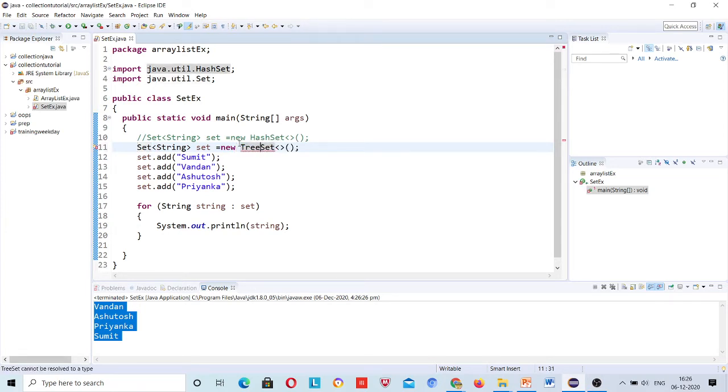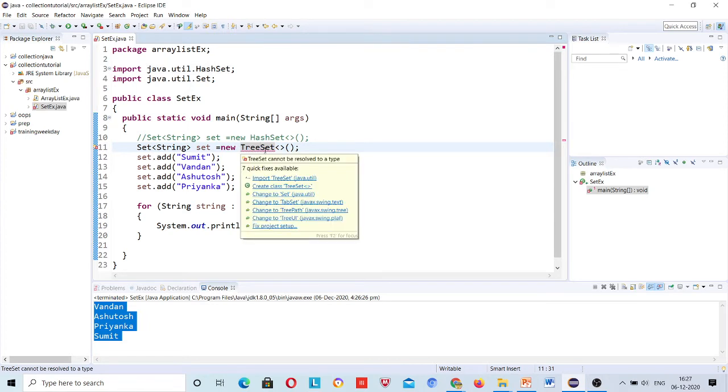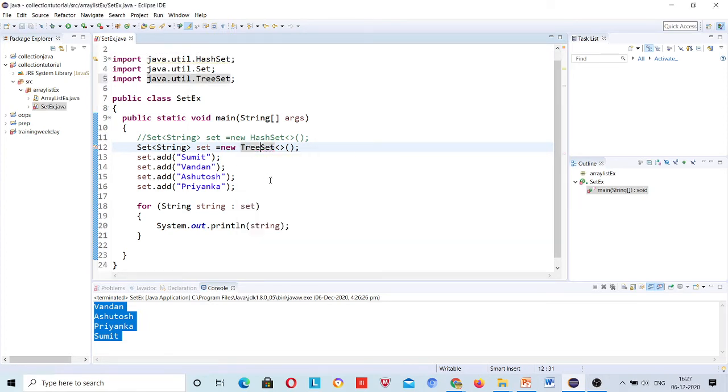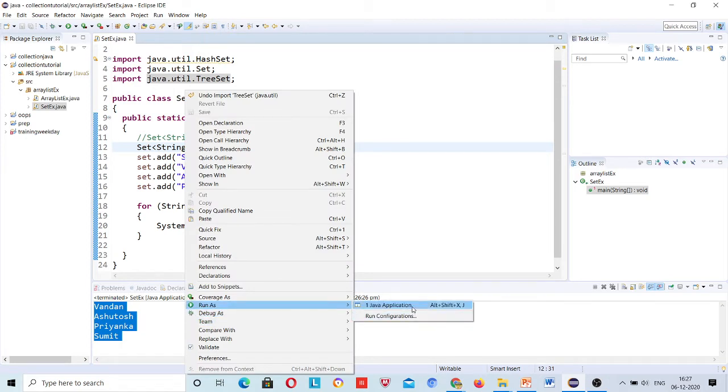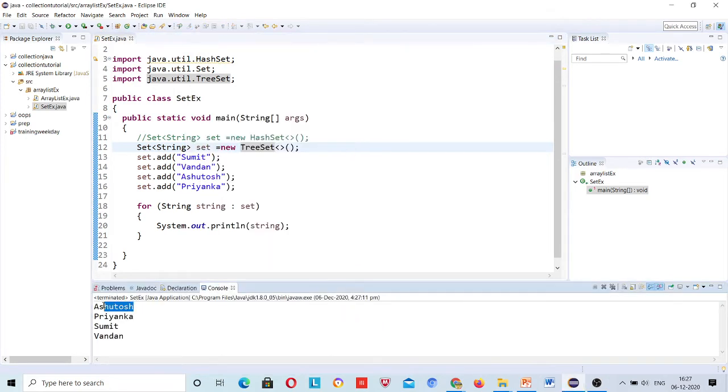So be sure of that. See, A comes first, then P, then S, then V, so it is giving output in ascending order.